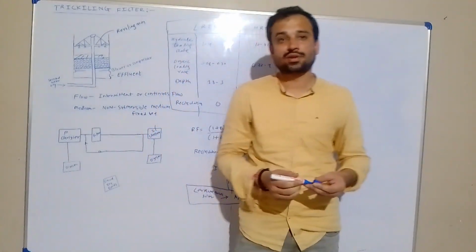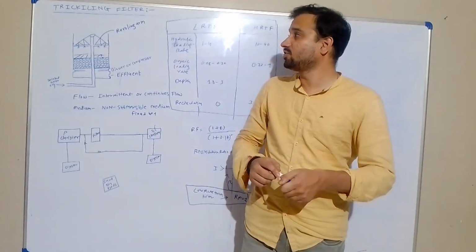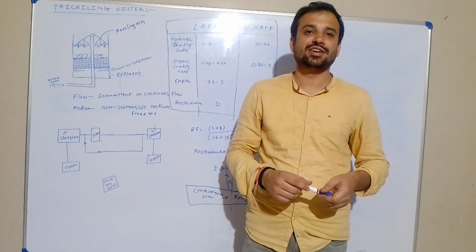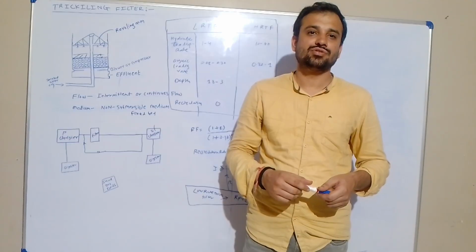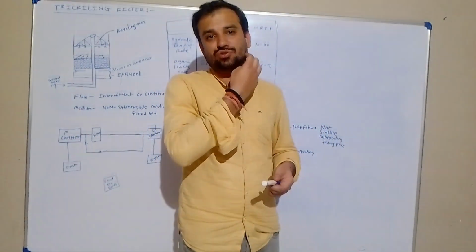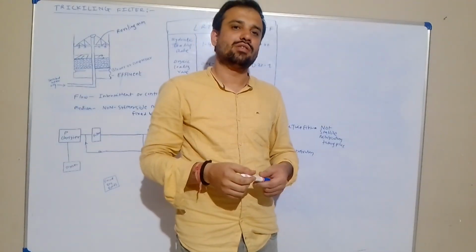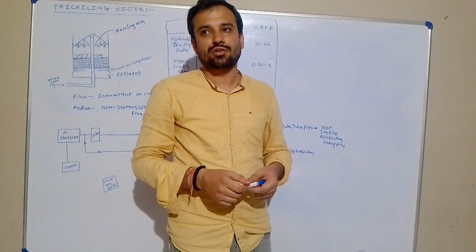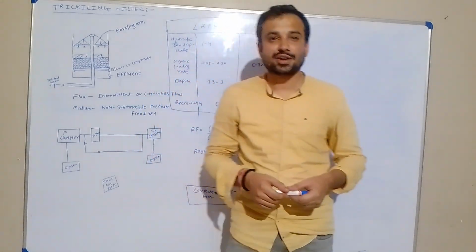So this is about the nitrification process and the biological oxygen demand which has to be satisfied in the trickling filter. Organic matter is to be reduced. The prime concern is to reduce the organic matter, soluble or insoluble or ionic form of organic matter or carbon, which acts as a food source for the microbes to do the degradation of organic